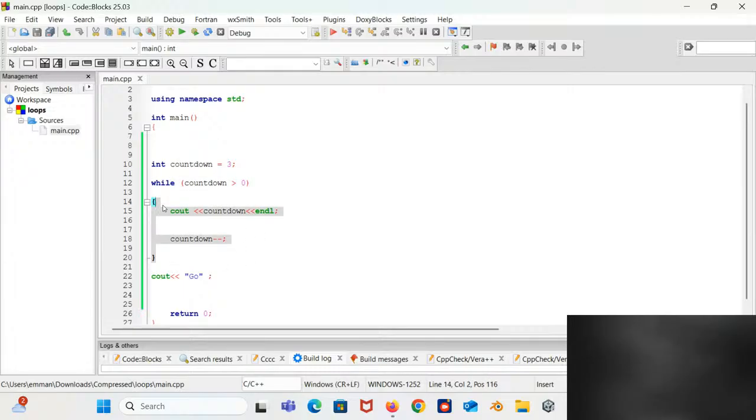But the do while loop is going to execute the block of code once before the condition is executed.